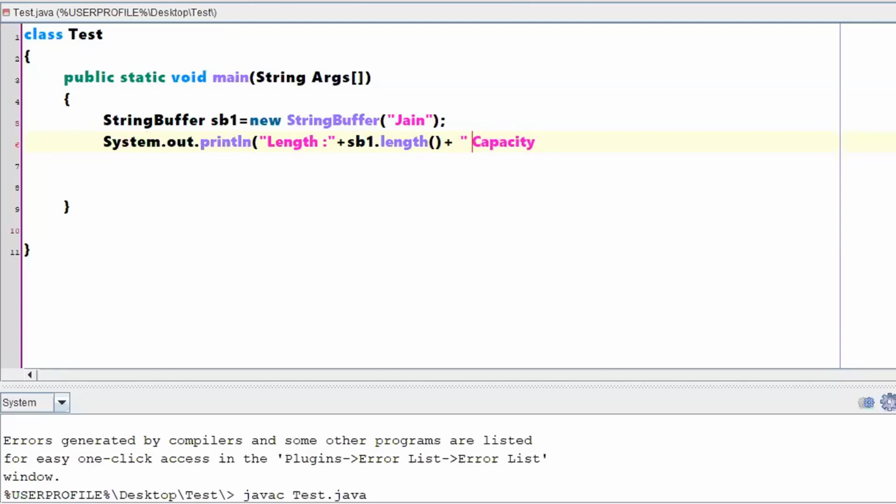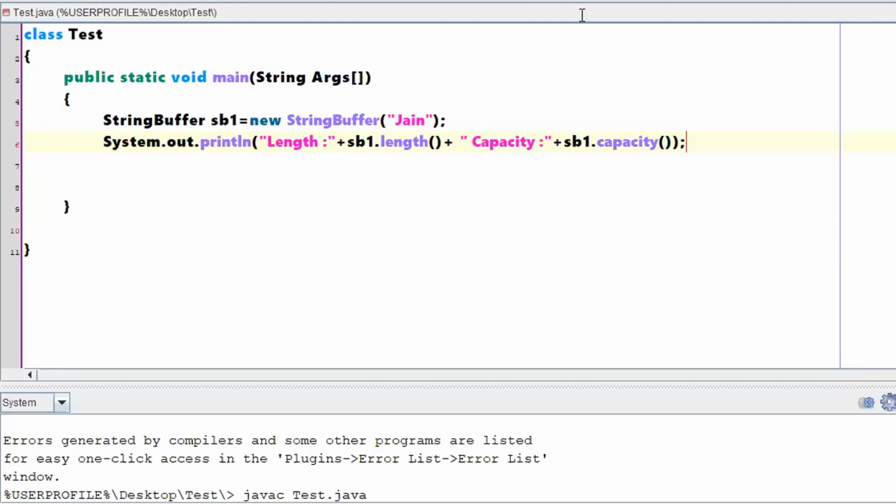Let me give some space: capacity colon, in double quotes, plus sb1.capacity. Close this statement. Now what will be the output of this statement?